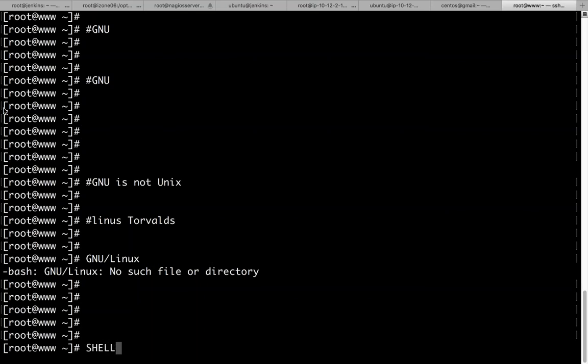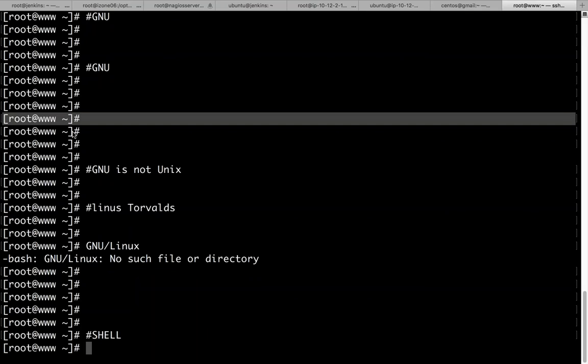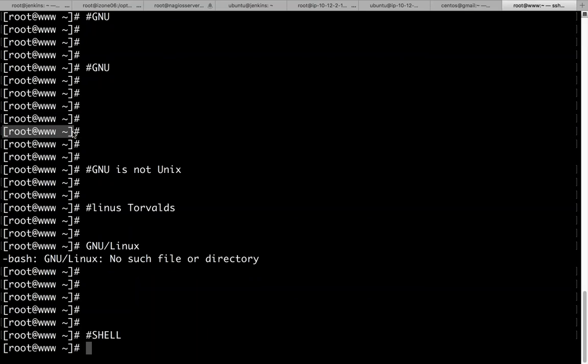Let me spell it. It is called a shell. So what is a shell? Shell is nothing but a user interface program, and this is the only interface using which you can communicate with the server.